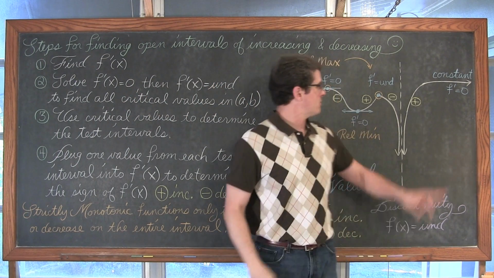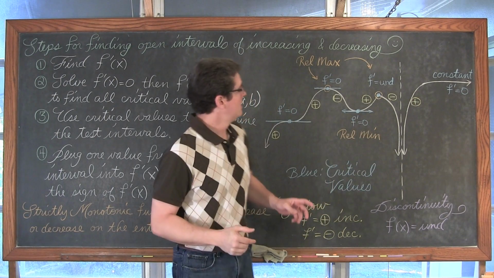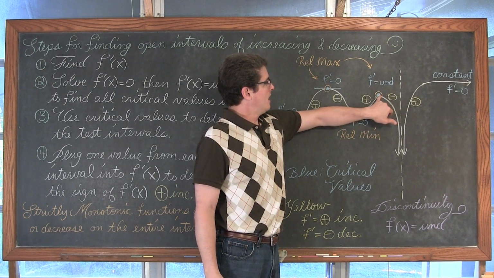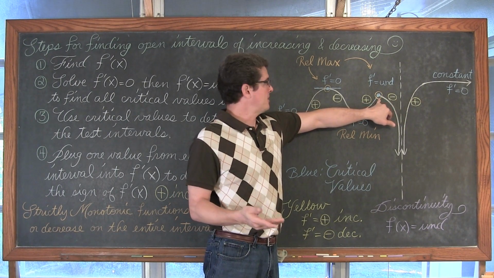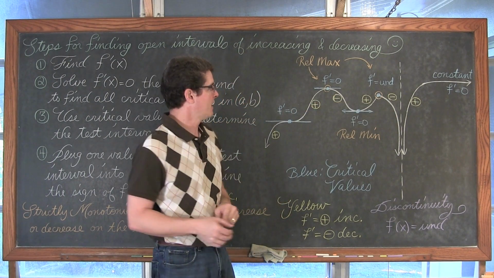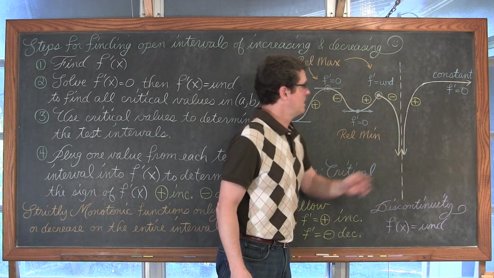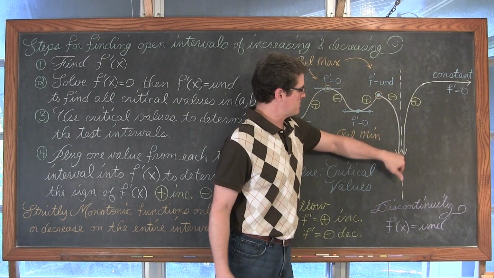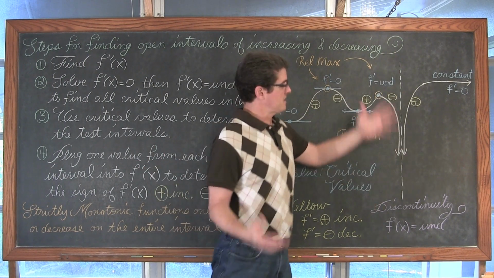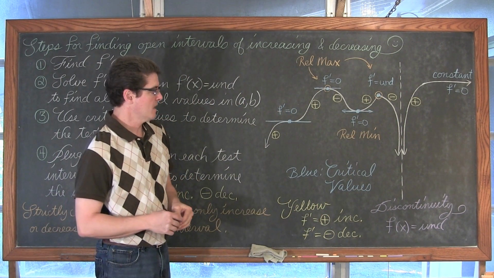It's not necessarily going to be a vertical asymptote like maybe you would have in a rational function. Maybe it's an absolute value function. So with that sharp bend, if the first derivative goes from being positive to negative, that is a critical value. It would help you set up your intervals, and in this case, the way it's drawn, that would be another relative maximum. And then the original function is a rational function and it's undefined at some value, so it just shoots down to negative infinity, and this value here, c, makes the original function undefined.